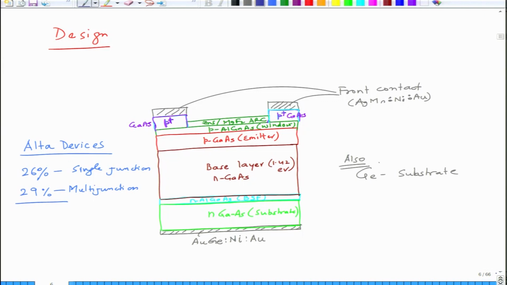The device thickness of this is about, let me just tell you the device thicknesses. So the base is nearly about 4 micron and this is about half a micron. So although you can have a substrate which could be thicker, the device thickness is not very large. So you don't require very large volume of material to deposit on the substrate. However, if you are using gallium arsenide as a substrate, that increases the cost, but if you can use germanium as a substrate, that will lower the cost. So absorption volume is actually only 4.5 micron as against very large thickness in case of silicon.